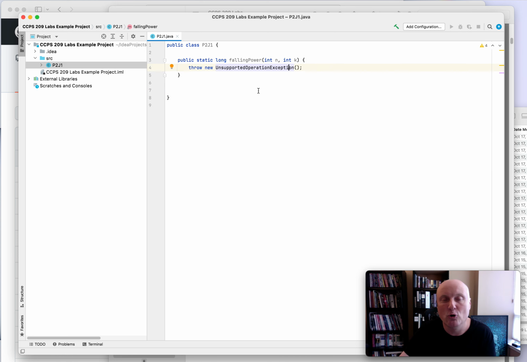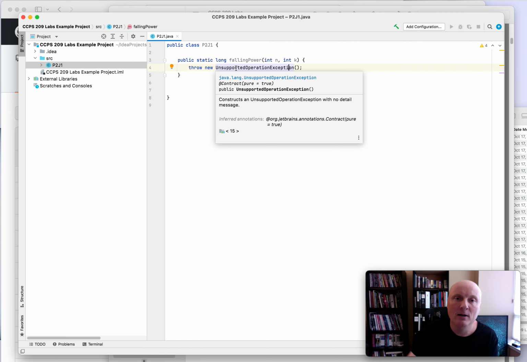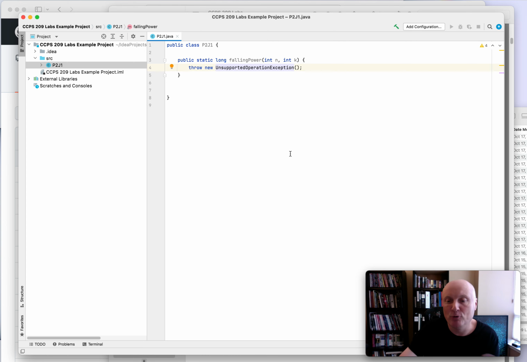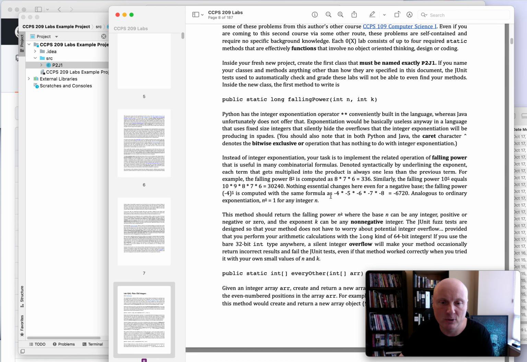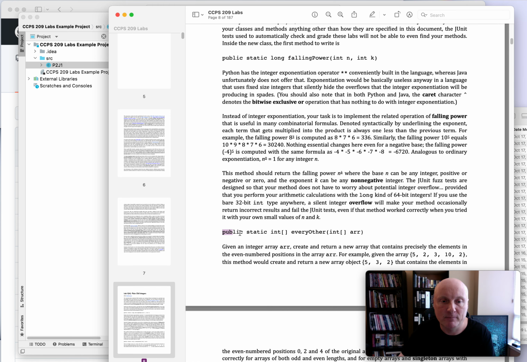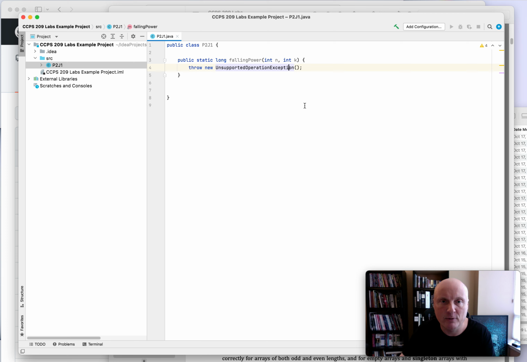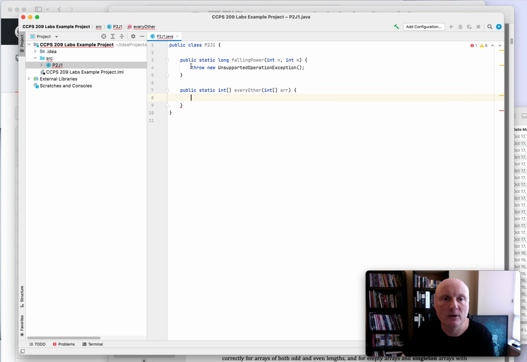So in a controlled fashion, this tells the automated tester that since this kind of exception is thrown, the test automatically fails, and you see when it happens. So then from this document, all these methods that are required, we're going to do the same thing, and I'm sure that this kind of thing could be automated somehow, but